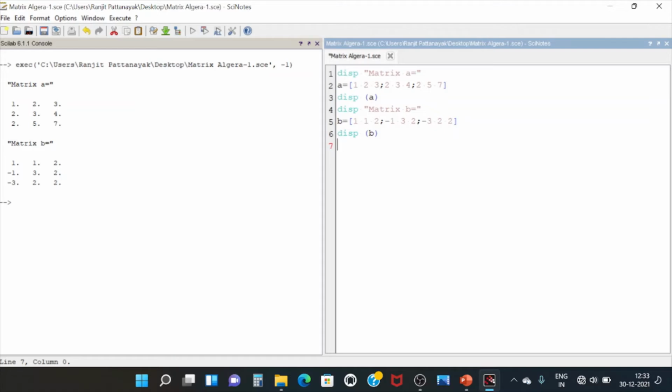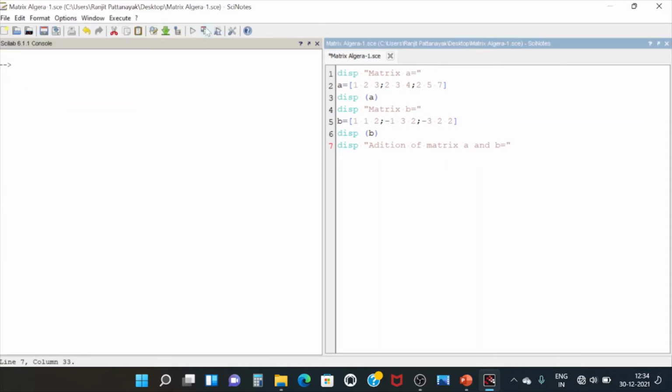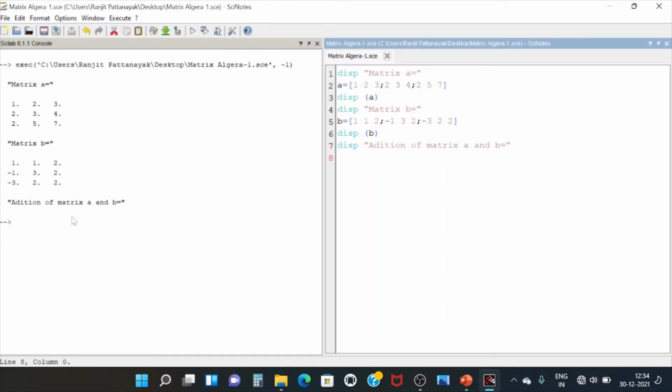Okay, now we have to go for the addition of these two matrices. So first I have to write the line that displays addition of matrix A and B. If I run it, it will show only this line. Okay, you can see addition of matrix A and B, but here we have to write the code for the